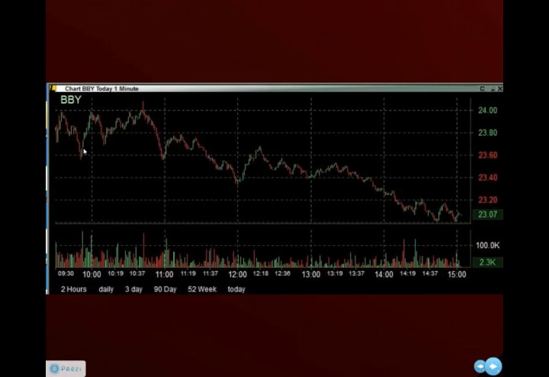Watch a little bit of the chop here. Guess what it does? What is this level on the second pop-up? That's 99 cents again. Are you kidding? You're going to go back to the same level. You're not going to break through that whole number, and you get to the same exact level. Guess what? Another good short over there. Talked about it on the live trading broadcast. Pullback over here 30, 40, 50 cents on a $24 stock. What is that, 2% in a quick blip? Guess what it does? It goes back up to that whole number again.